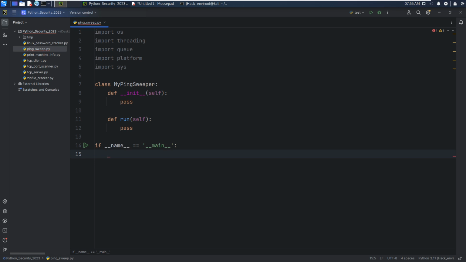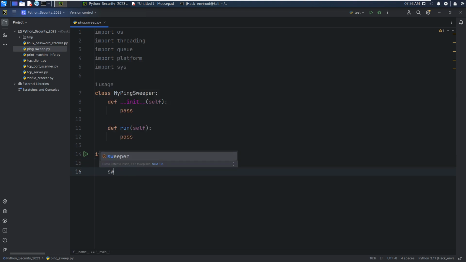So now we can instantiate the object or instance, okay? And we can use the sweeper, my sweeper run, okay?